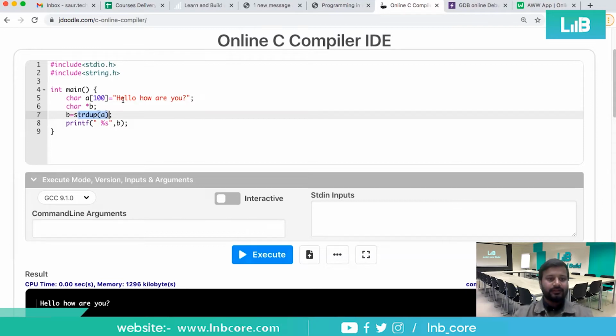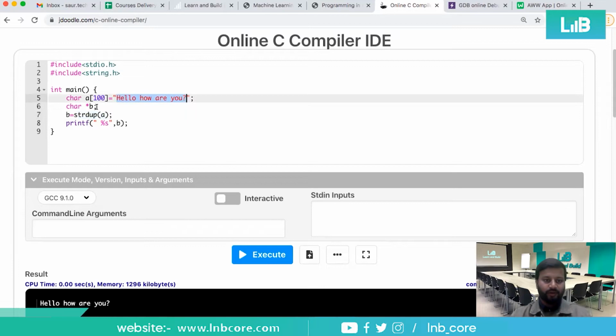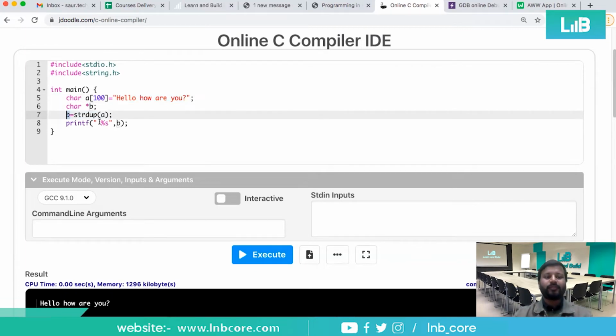So this string is going to be copied into variable B, right? So now you can do anything, whatever you want to do, through this variable B, right? We have one more command, that is strncpy, and n means the number of letters you want to copy. So if you want only 5 letters of this A to be copied into B, making a duplicate of 5 letters and putting that into B variable, this is how you can do it. So we have two commands.